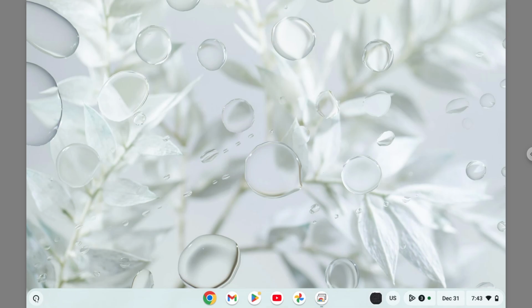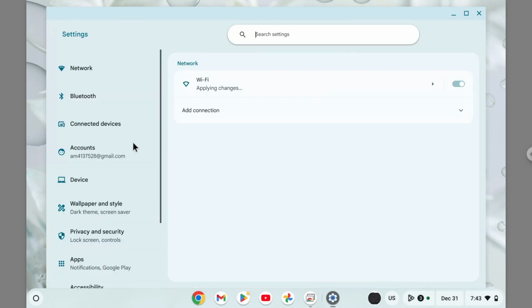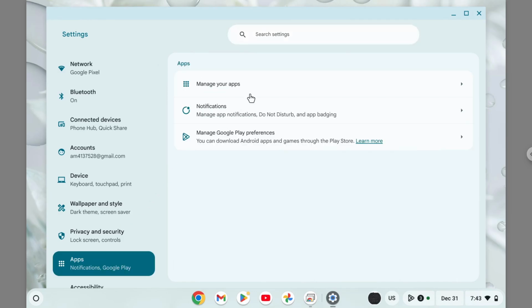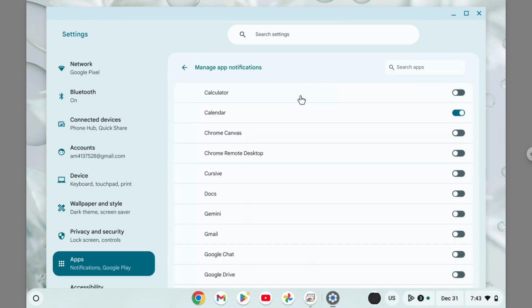First, you have to go to the settings page. Click launcher, and you want to visit settings, and after that go to apps and go to notifications. So this is where you can play around with the settings of the app notification. Click manage app notifications, and here the ones that are turned on basically means this app is able to send